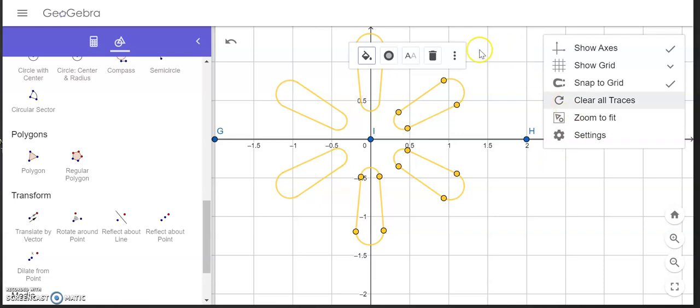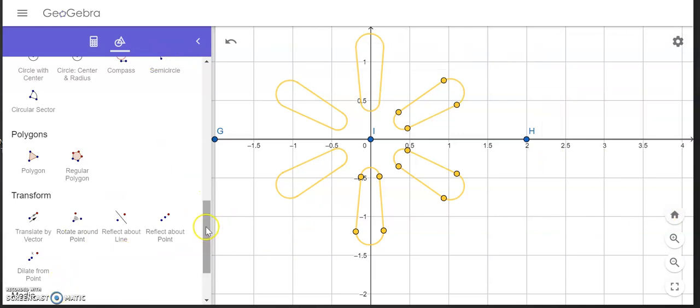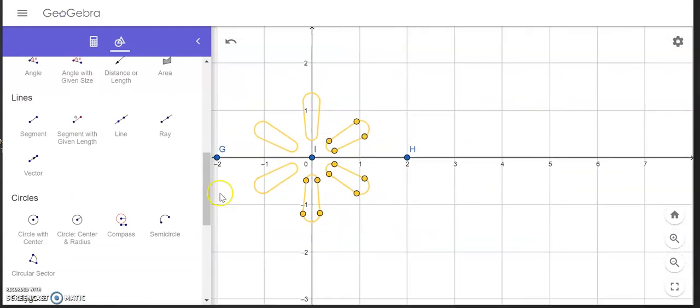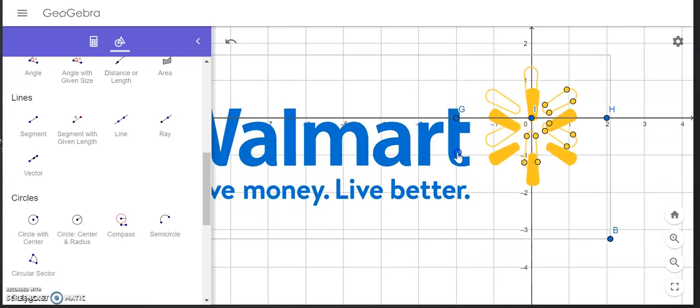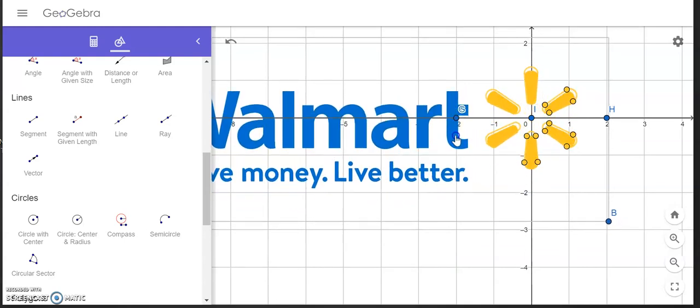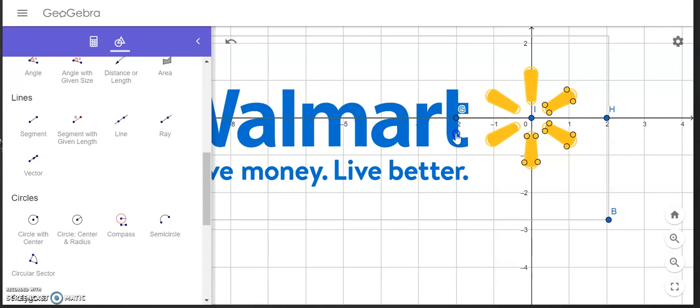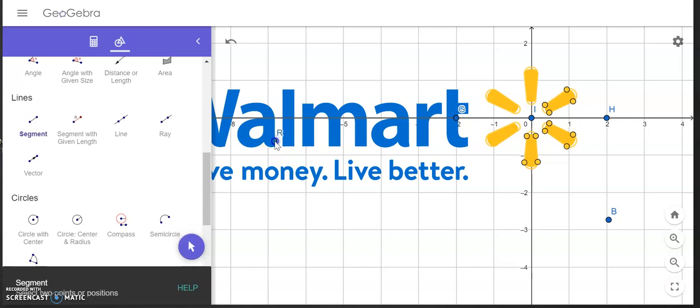Okay, the last thing I want to show you guys is a translation. Okay, so again, a translation. Let's pull back our tool and get our design back there. Okay, so what is being translated on Walmart? Okay, so if we look at this copy here, I can see that the A is a translation of A. So I could define that A, and maybe just define a segment here,